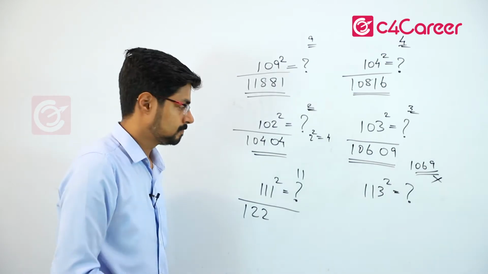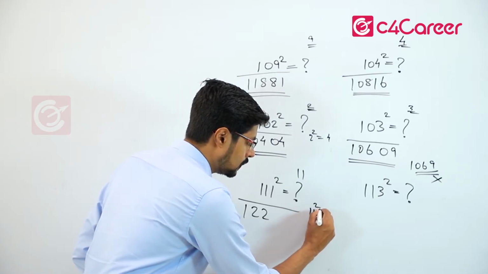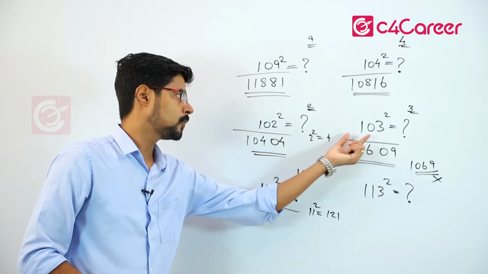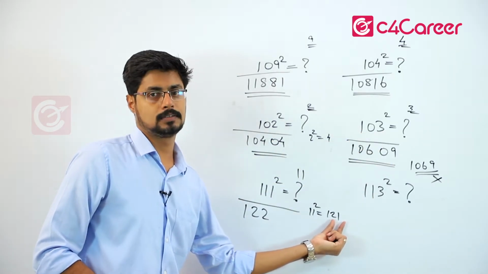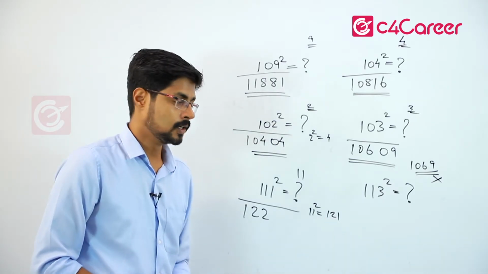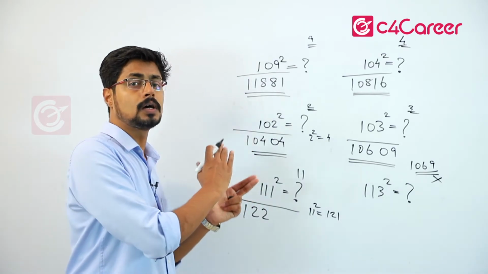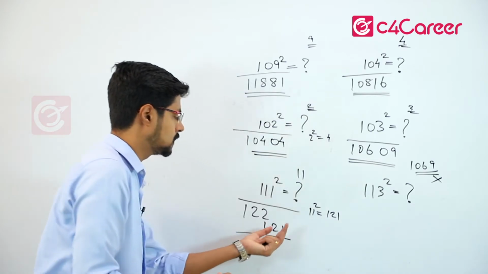Now the second part is going to be 11 square. What is 11 square? 11 square is equal to 121. But remember from here what I told you. The second part can only be 2 digits, but we have 3 digits here. So we have to take that as a carry. Whenever we have an extra digit, we have to move it to the next part. So we can only write 21 here. This 1 will go as a carry.